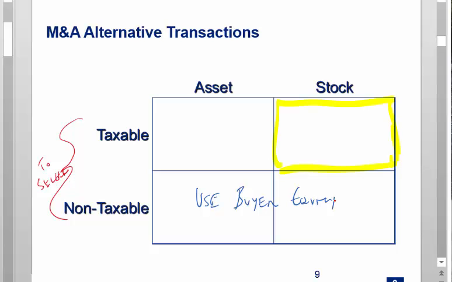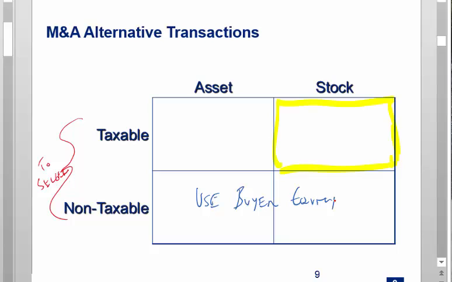So in a transaction where the buyer says, hey, we acquire a target, we're going to give you guys shares in our acquiring company. You give us the stock of your target. Now we've just really combined two businesses together. Nobody's walking away with a pile of cash. We've really just combined the equity of two businesses, put them together, and we're running the businesses together. It sort of feels like the type of event that shouldn't be taxable. And that's the idea behind a tax-free reorganization.